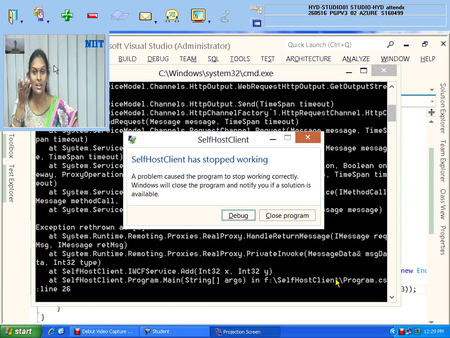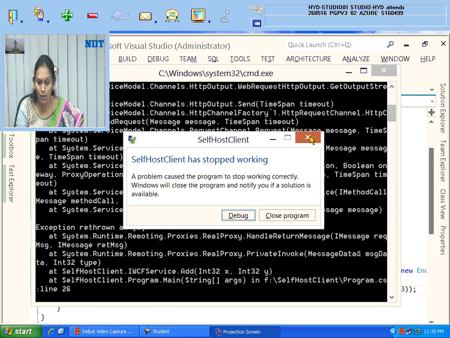Your server is not ready. Did you execute the server application? How will the client access it when the server is not in running state? Think that the Reliance server is down. Can you access any messages from Reliance? Can you send or receive any message if my server and my mobile is Reliance mobile? Can I access it? No, the server is not there. It means how will the client work?